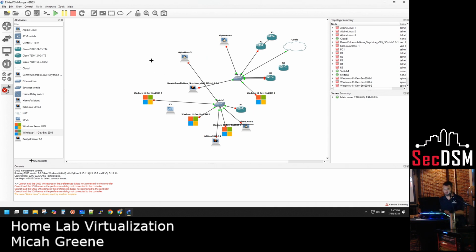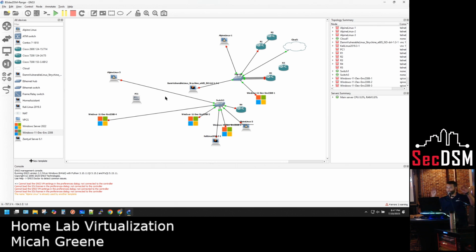So let's exit. Move this guy over so you can see that network a little bit better. So this network here is my air-gapped network. It cannot access the internet. This network up here is connected into this cloud object, which is basically bridging all of your virtual network interfaces over to this server's internet connection. So it allows you to take all of your virtualized range and plug it into a real range, which is really nice because if I take these machines now, go ahead and select this guy,